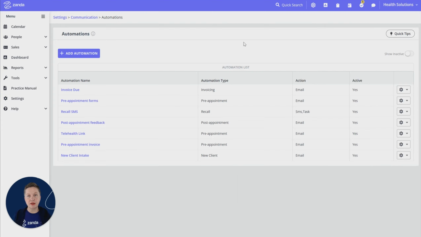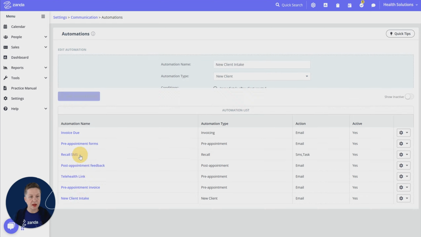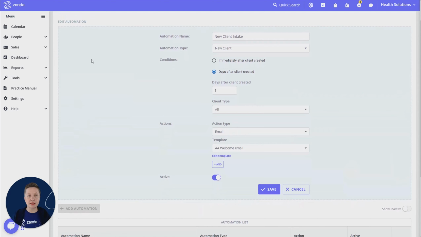I just created a new client intake form with a new client welcome email template, so I want to use it for my new clients automation. I have briefly created it already just to show you how it's done. So to add a new automation, you can have as many of them as you want, you just click add automation. What will happen, you will see the edit